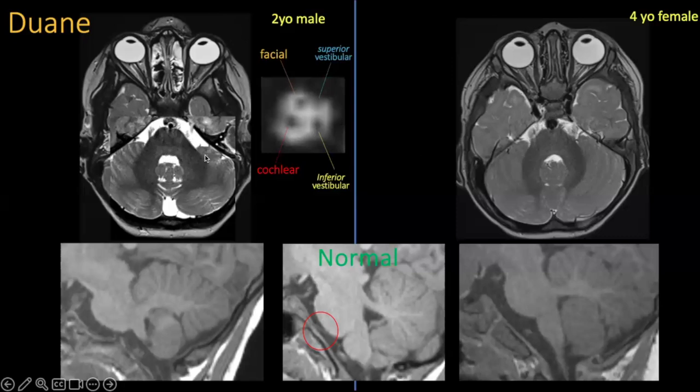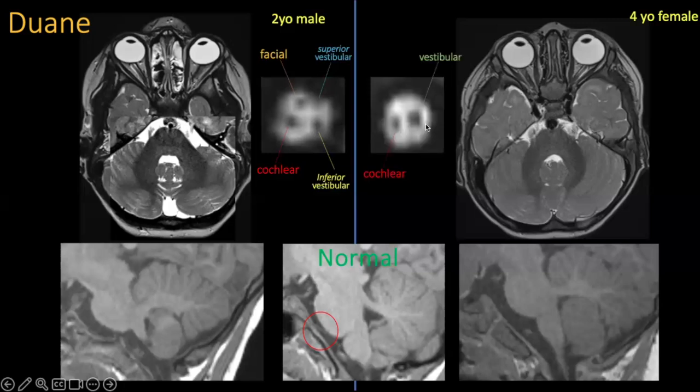We should see these two little nodules. We don't see them here. The facial colliculi are absent, so that tends to be a bad sign. Let's look in the internal carotid IACs here. We see that there is a cochlear nerve, but there's no facial nerve, and the vestibular nerves look to be